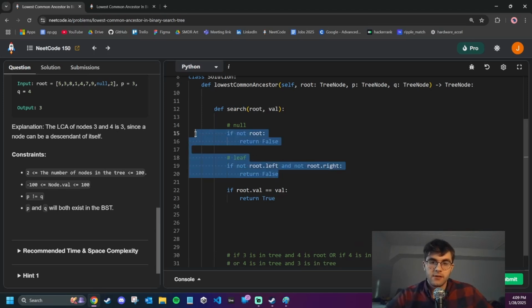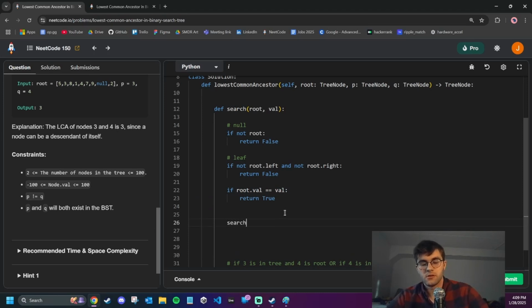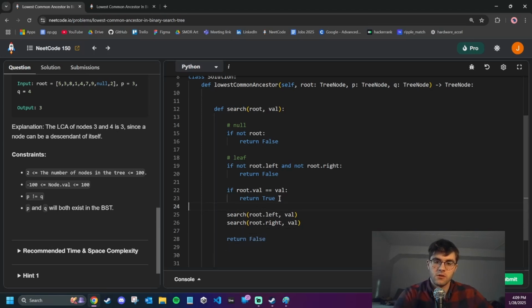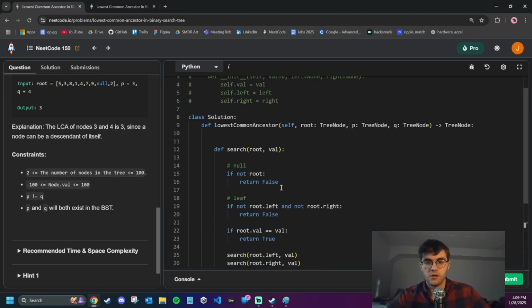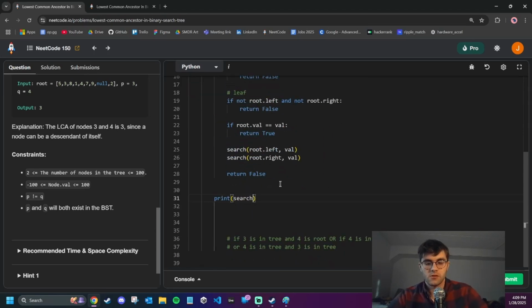If it's not a leaf and it doesn't equal the value, then we want to search root.left for value and search root.right for value. And if it's none of those, then we return false. So if I were to print search P, 3,